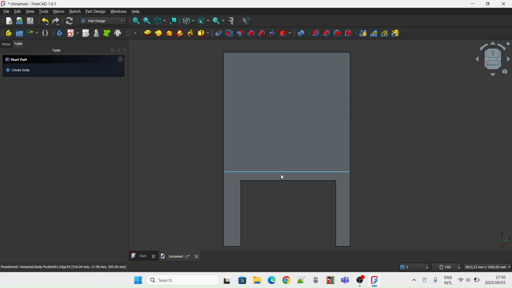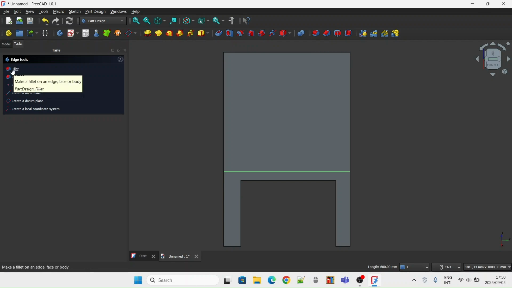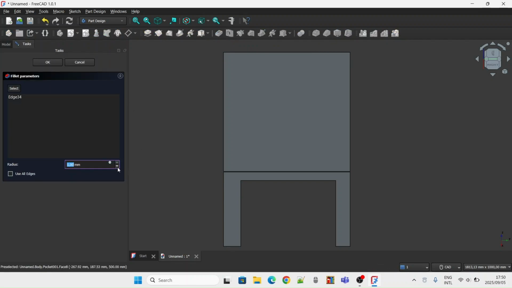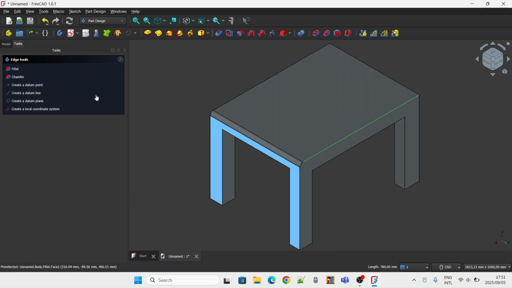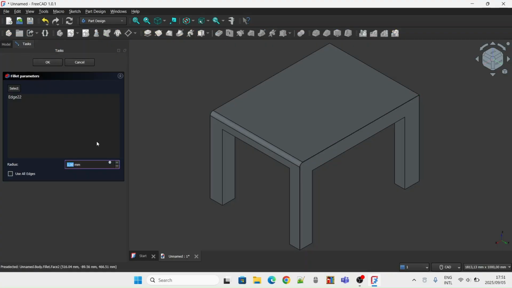So there, and then this right here, or over there, and then you just click, let's put it 20 millimeters just because that looks the best, I suppose. And then another 20 millimeters,